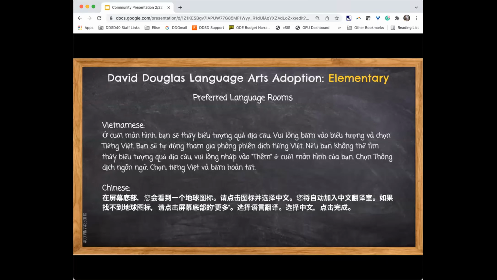We can't hear you. While we're waiting for the Vietnamese, can we have our Chinese interpreter provide instructions? Yes, thank you.